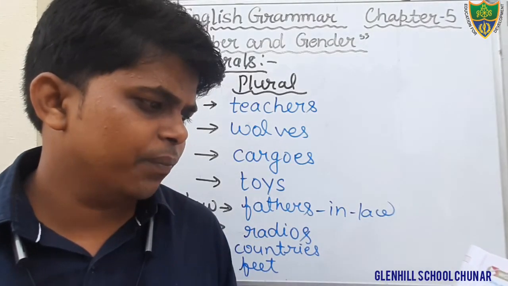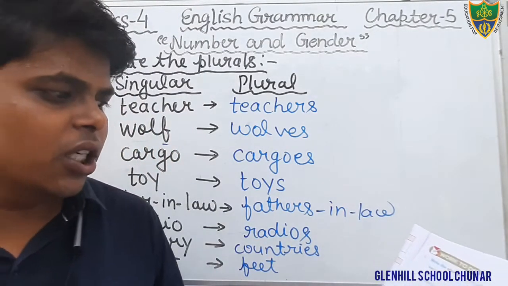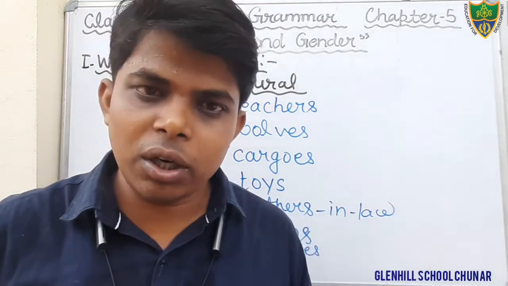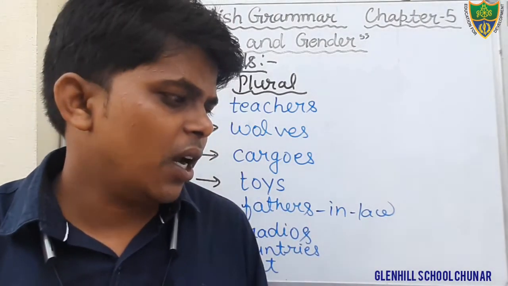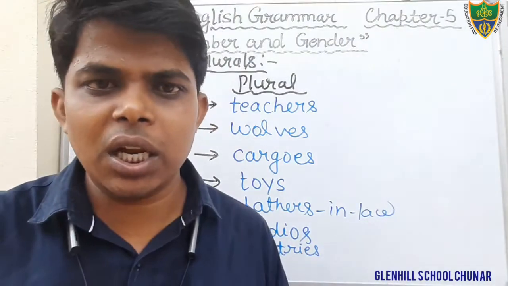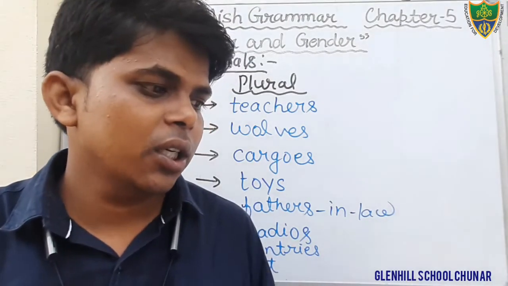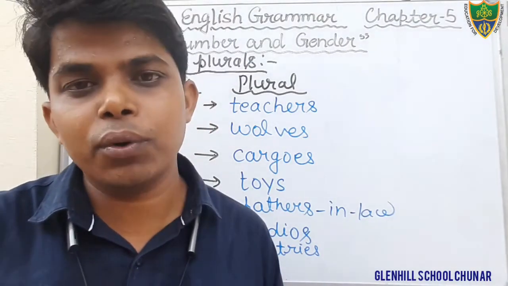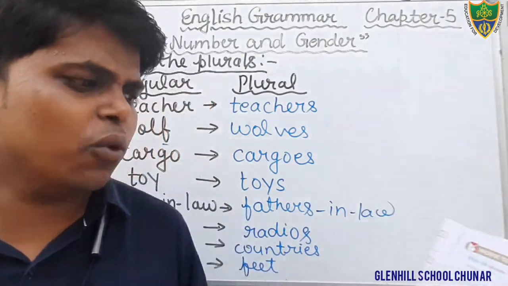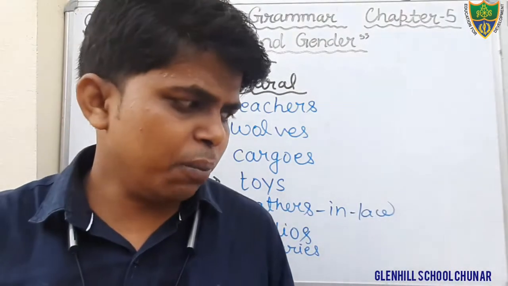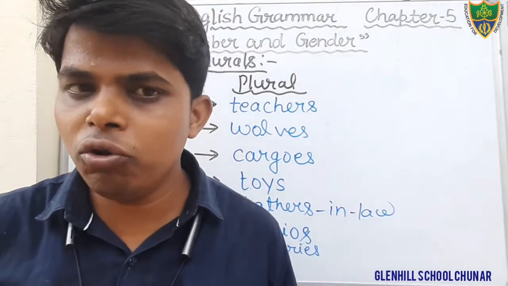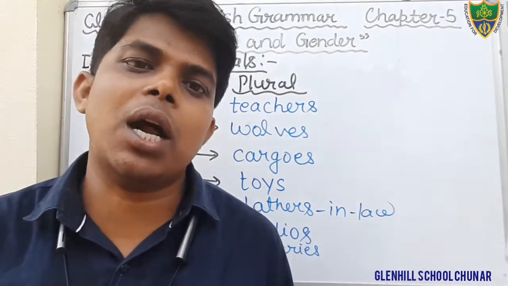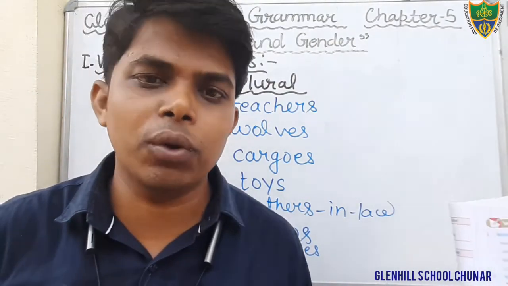Number, sorry, yes, tree. Here tree denotes a singular number, and many branches, that is plural. Branches is plural, and fruits is also plural. You have to fill in the blanks. Okay, first of all you have to find out the noun, then you have to tell the number of that noun, that is singular or plural.